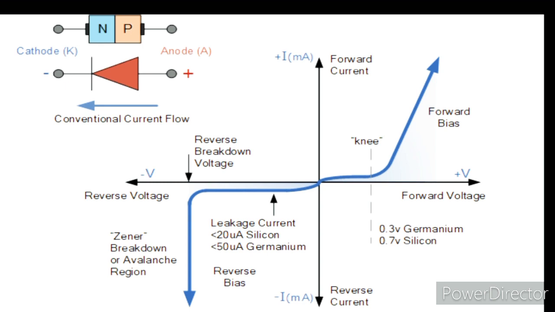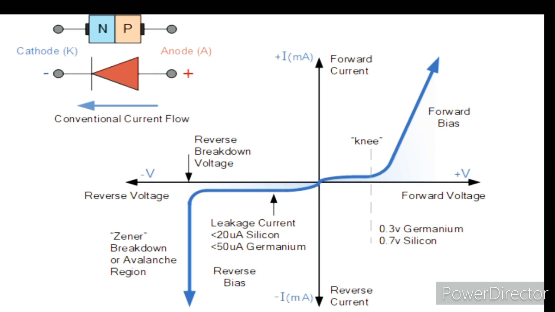Similarly for the reverse bias condition, the external battery terminals are connected to the diode in the reverse direction. It means the negative terminal of the battery is connected to the P side and the positive terminal of the battery is connected to the N side. This condition is known as the reverse bias condition. In reverse bias, the depletion region is widened by the external electric field. When a negative voltage of 1, 2, 3, 4, 5, 6, 7, 9 volt is applied, the diode acts as a non-conductor or insulator.